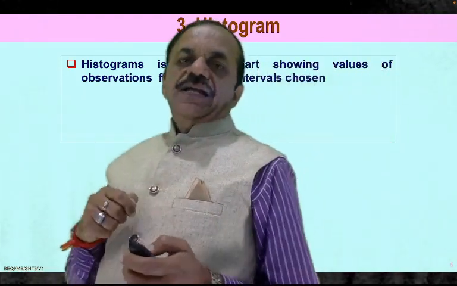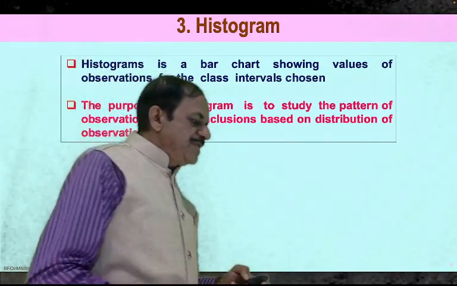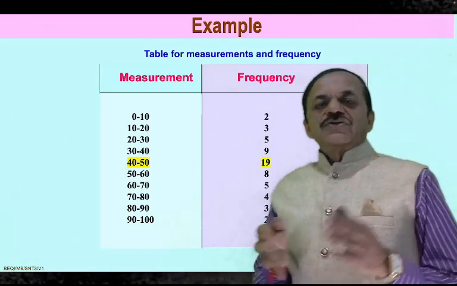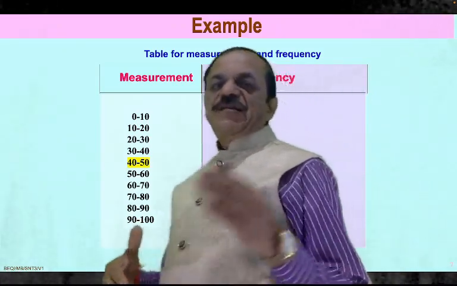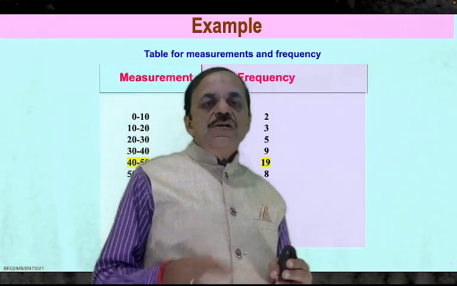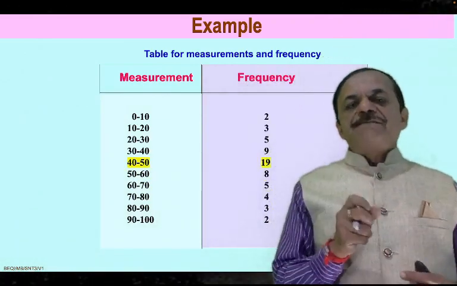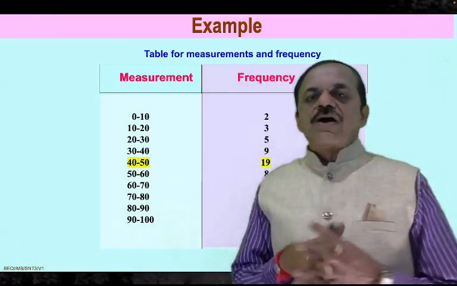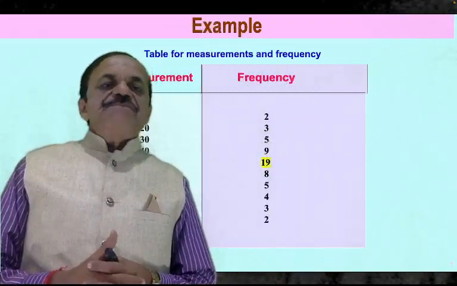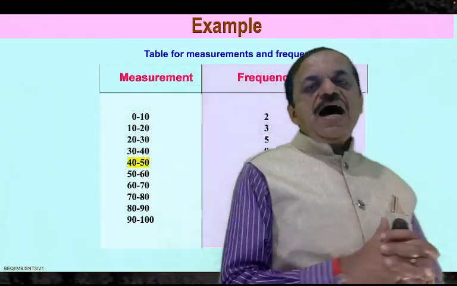So, this plot is useful in understanding the health of the process. For example, as I told you, 0 to 100 is the measurement. They have been split into 10 categories, 0 to 10, 10 to 20. These are called class intervals of equal width, up to 90 to 100. How many times those intervals happened during the measurements has been noted down in the second column as a frequency of occurrence. Since 40 to 50 is the center of the process, the occurrence there will be high,